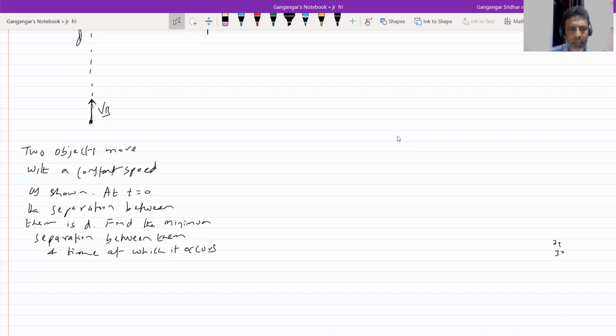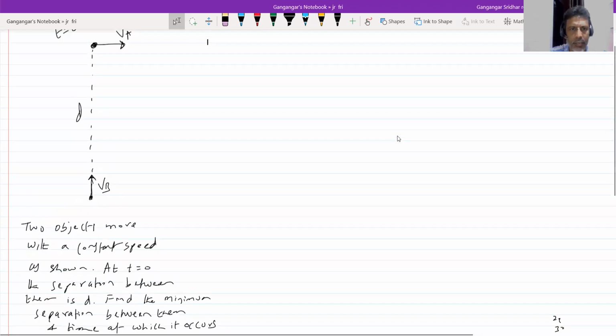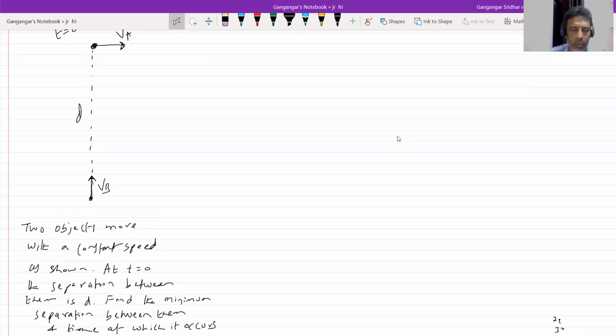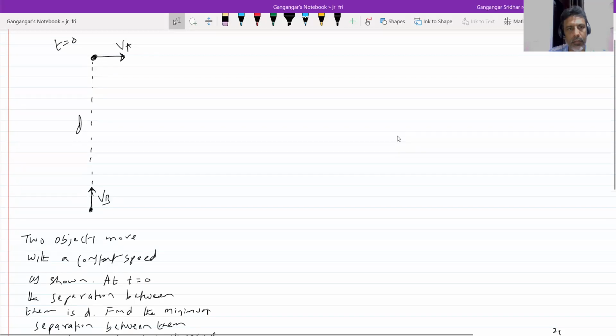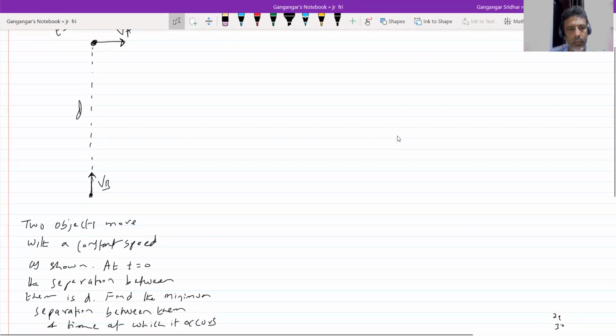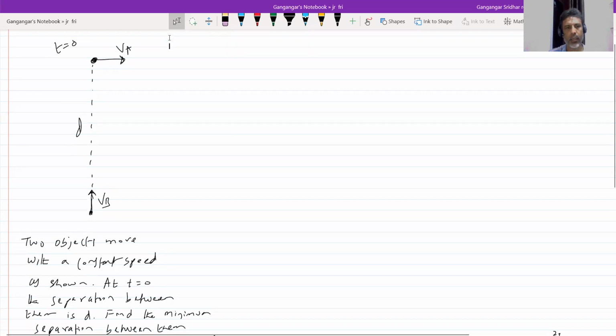You should not take any two objects A and B like that. So they are moving with a velocity, so that the direction is fixed there. B will move along the y-axis, A will move along the positive x-axis. Okay, I'll suggest you can take one example, like VA equal to, let's take one example.